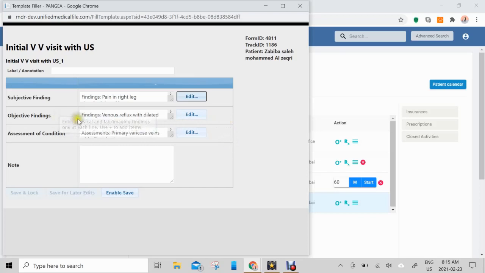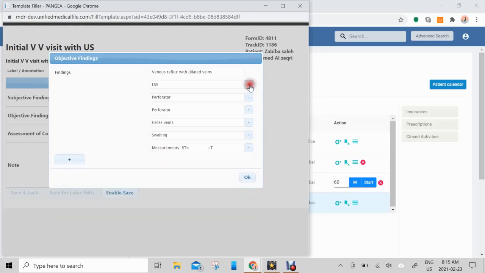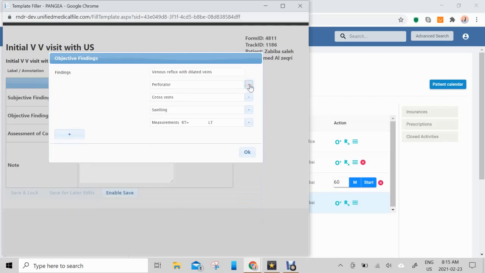Now, when we go to document the objective findings, we can here see, as we said before, the multiple findings that we need either to ask the patient in order to document, or we need to remove if they are not existent. Now, let's suppose we have only one perforator, and we say that it's at 10 centimeter and of 5 millimeter